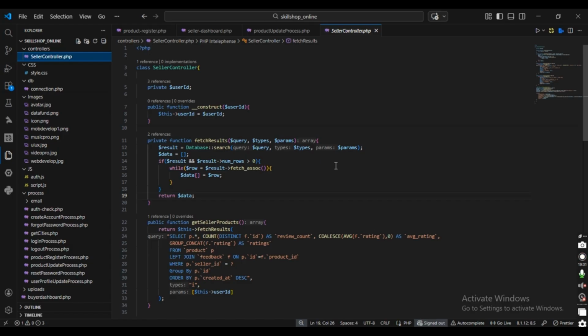The getSellerOrders method retrieves all orders related to the seller products by joining the order, product, and user tables, allowing the seller to see buyer details and order information clearly. These methods ensure that whenever a product is updated, the latest product and order data are accurately reflected in the system. Finally, the